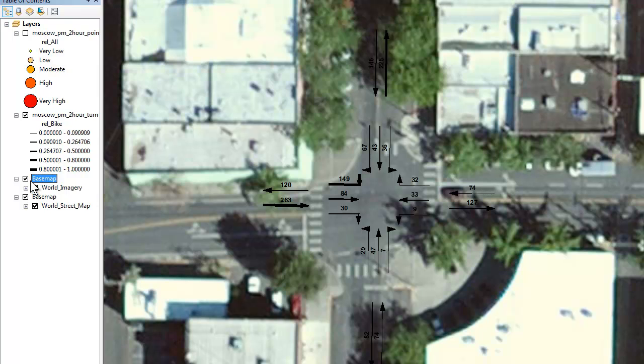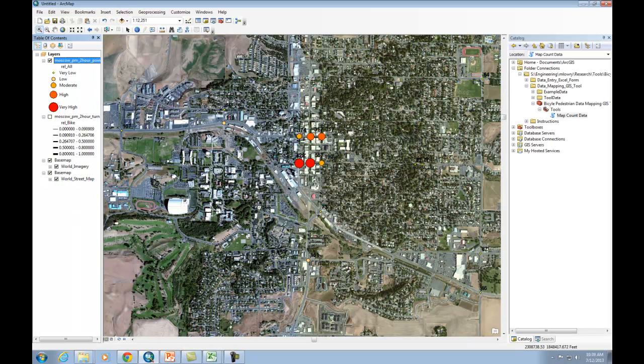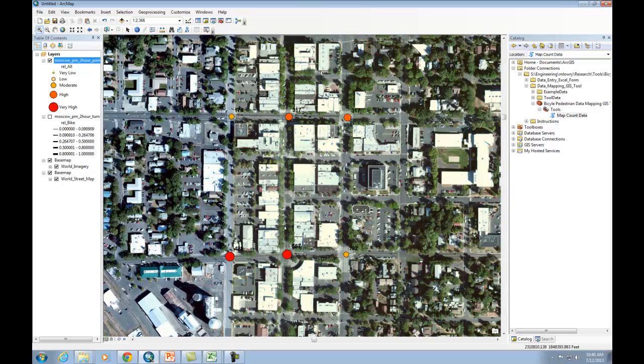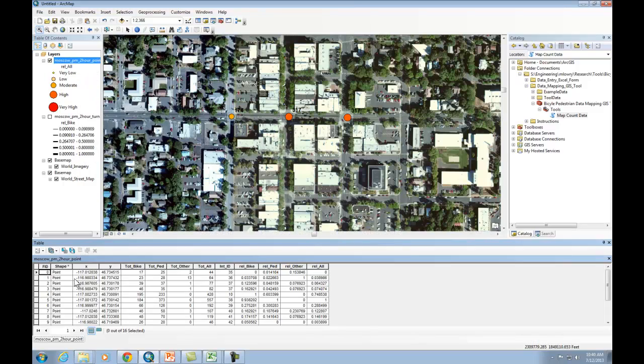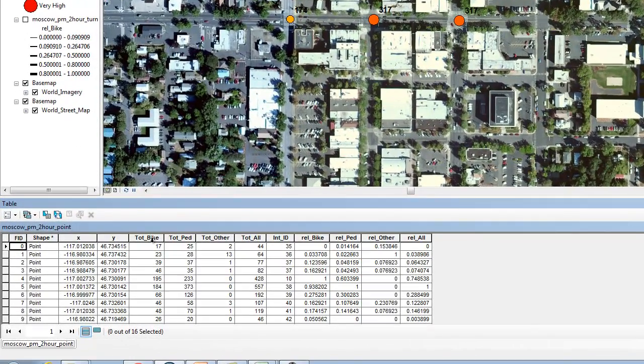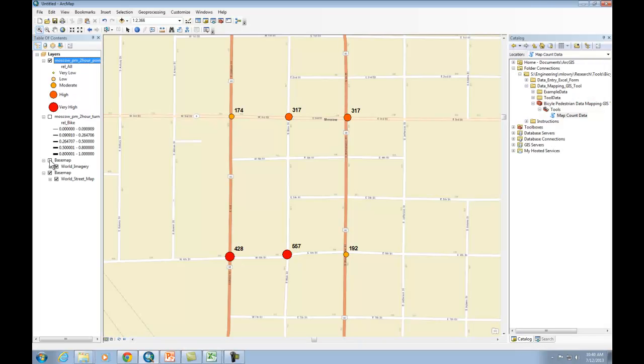And this is a good one to show for, we'll zoom to this layer, and it opens up the imagery for that and all of the intersections. The attribute table for the point file has the latitude and longitude, and then the total volumes for each of the modes that were observed. I'll turn off the imagery. You can see it there as